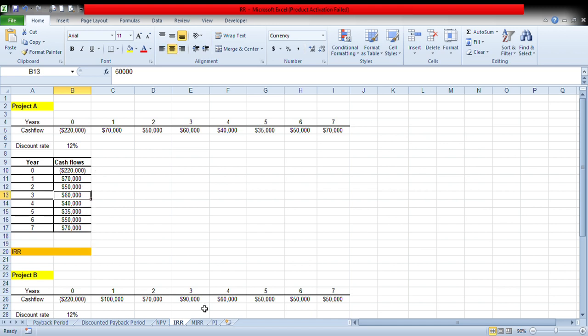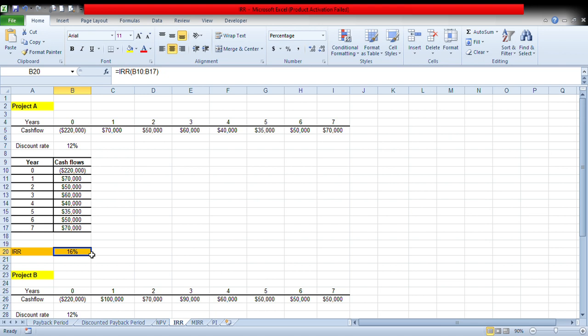Same data. In the previous lesson, I already taught you about the net present value, discounted payback period and payback period. So in today's class, we are going to learn about IRR. Internal rate of return is, remember, when your net present value is equal to 0. Okay, for example, now let me calculate the IRR. So the values, you just need to drag all, that's it. So 16%, it means that if you keep the 16% discount rate, your net present value is